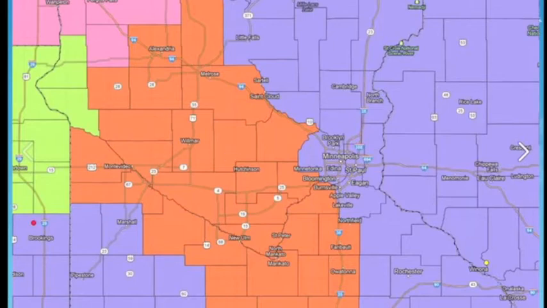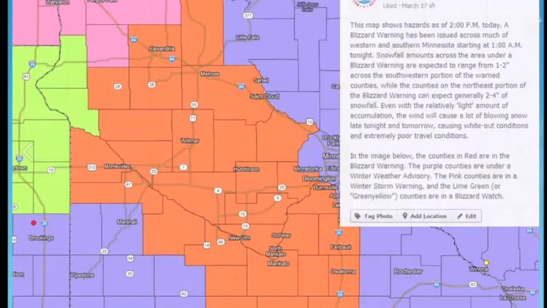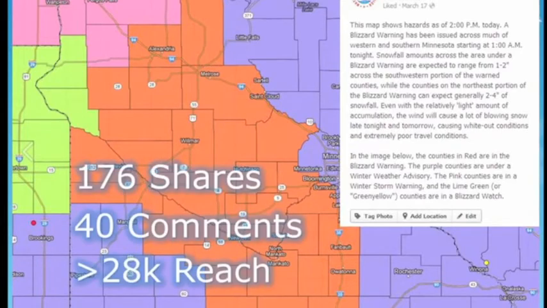It's accurate with our neighbors because it's always current. I just put a note on Facebook about the update as of 2 p.m. and talked about the different colors and what they represent on the map. This was not even a graphic, just a quick snip. I only put this on social media, didn't even put it on our website or anything. It got a lot of attention, over 28,000 reach and 176 shares. And it took all of only 5 minutes to do, just simply using that snipping tool on that enhanced data display website. Real quick and easy to do. So it's something that I think we'll see a lot more of out of our office this upcoming winter.